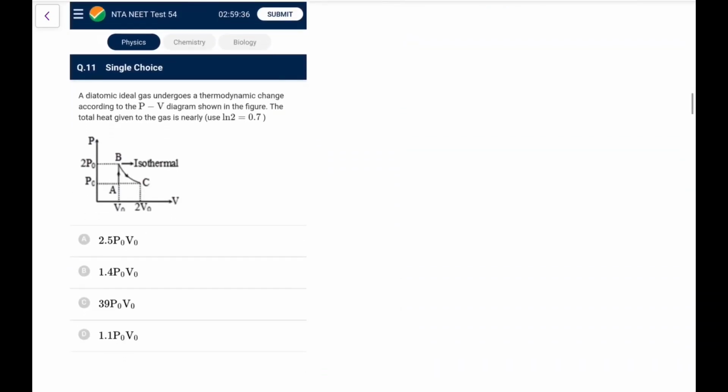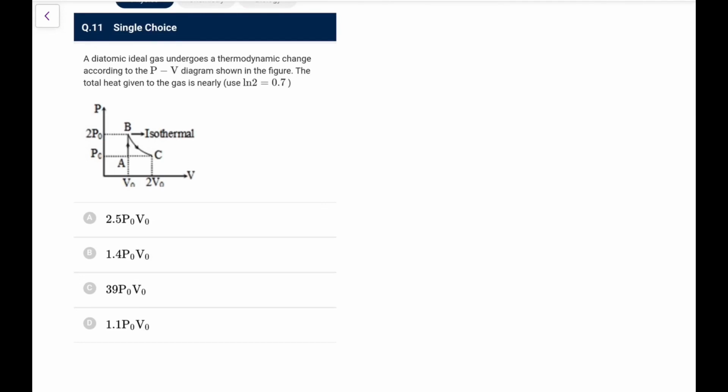Now the next one. A diatomic ideal gas undergoes a thermodynamic change according to the PV diagram given in the figure. The total heat given to the gas is nearly? So just look at this, A to B and B to C. A to B is isochoric and B to C is isothermal. So the total heat given to the gas, what we say, first of all,